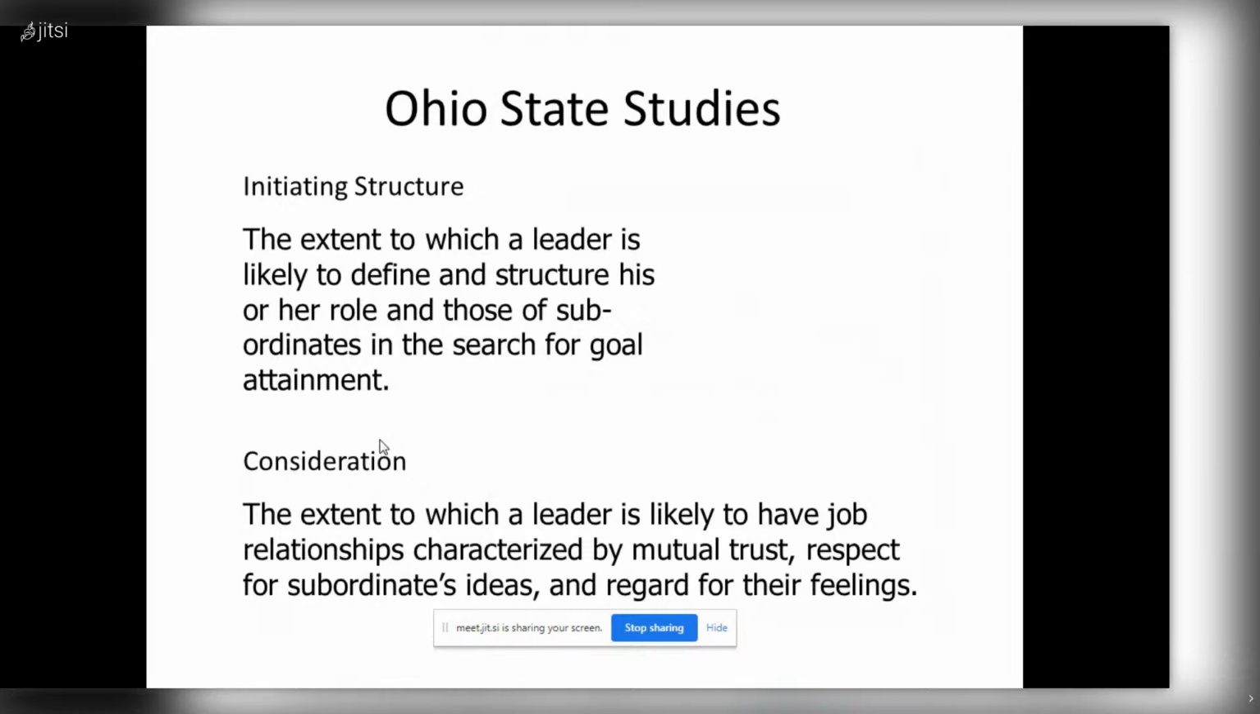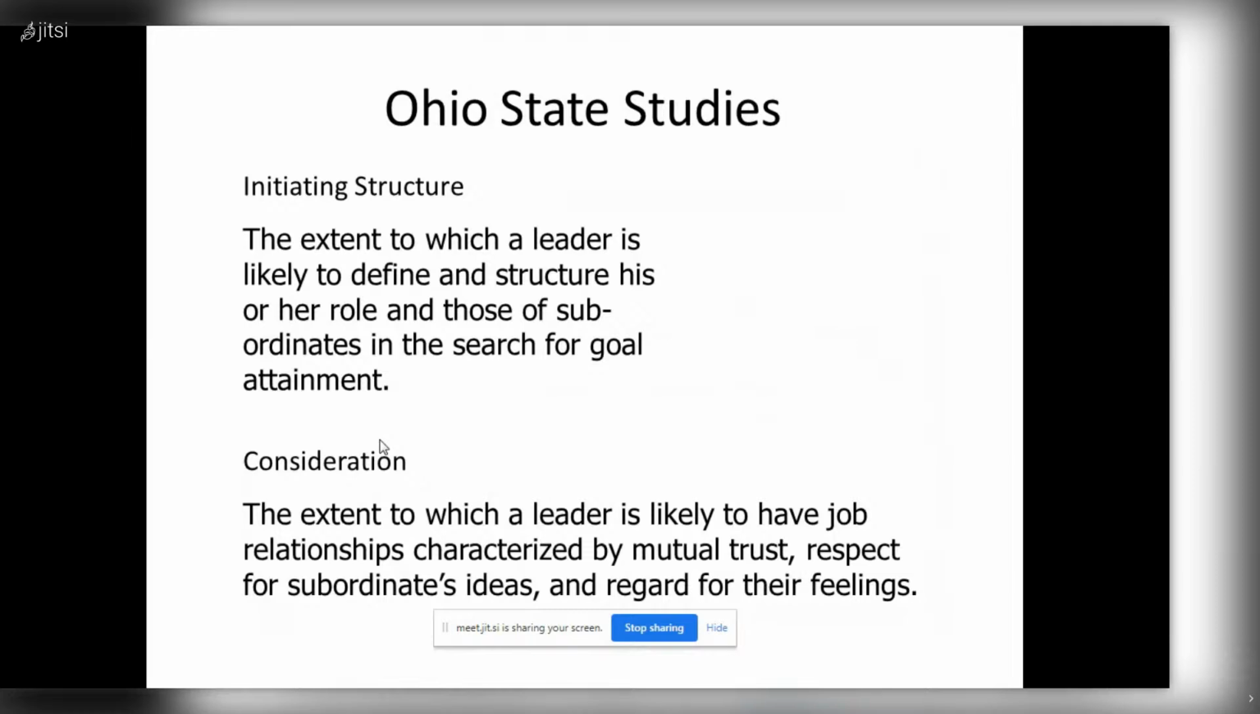The second, which is called consideration, was defined as the extent to which a leader had work relationships characterized by mutual trust and respect for group members' ideas and feelings. A leader who is high in consideration helped group members with personal problems, was friendly and approachable, and treated all group members as equals. He or she showed concern for his or her followers' comfort, well-being,